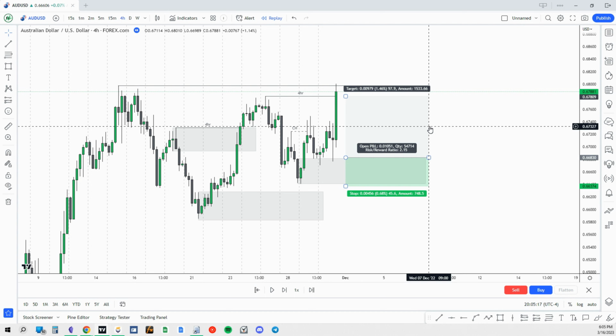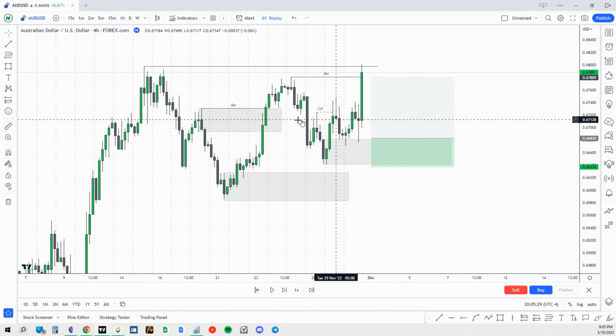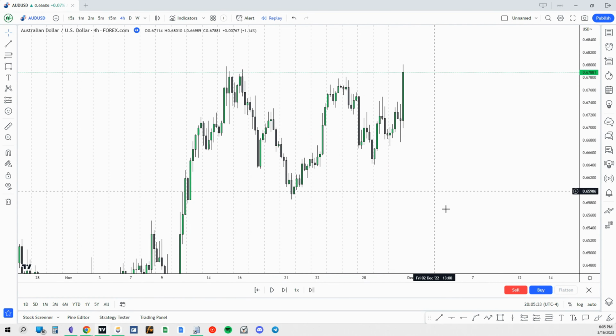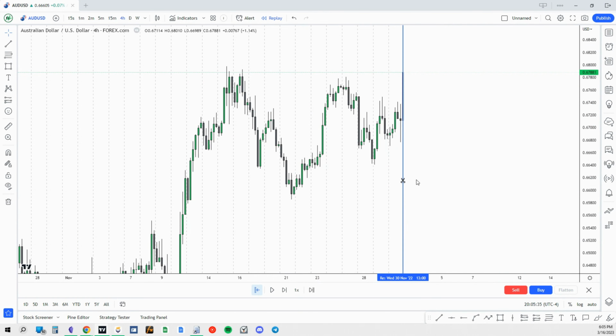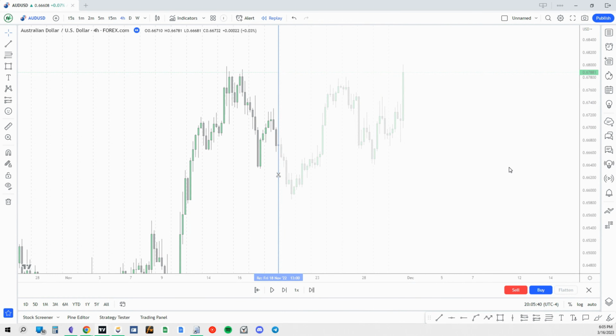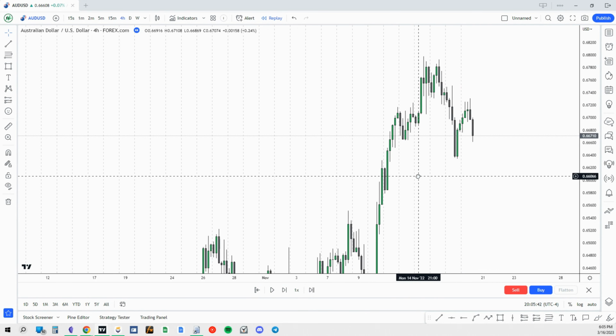And so now what I'd like to do is just rewind again and get rid of all the drawing tools so that we can actually draw it on, step by step, and show you what you would be doing if this was like a totally blank chart. And so let's go ahead and just get rid of all this here. And let me pick the rewind again here. And so let's just rewind to here because